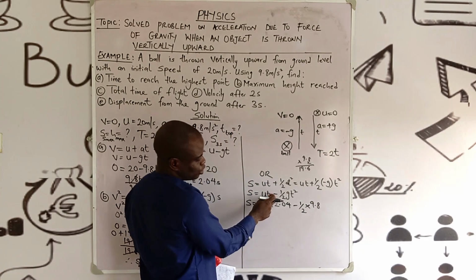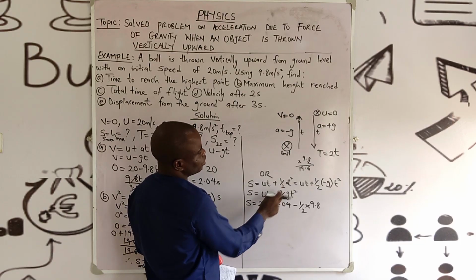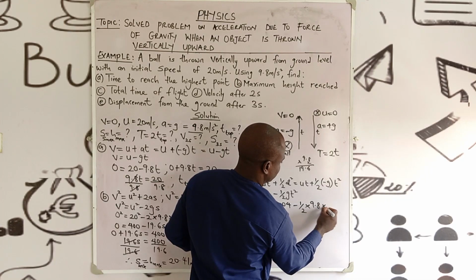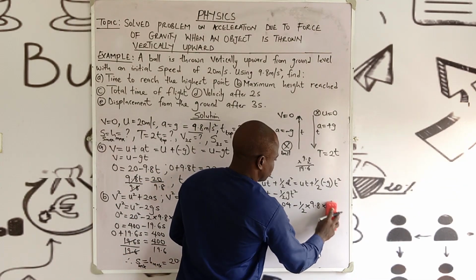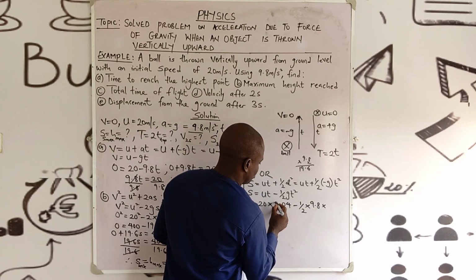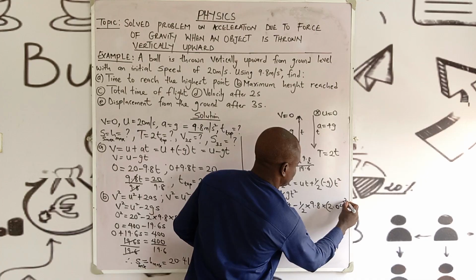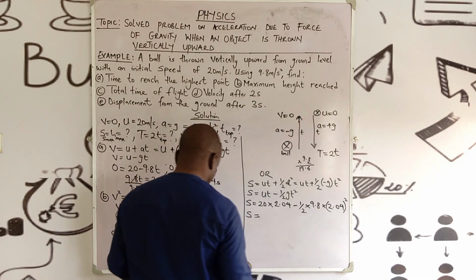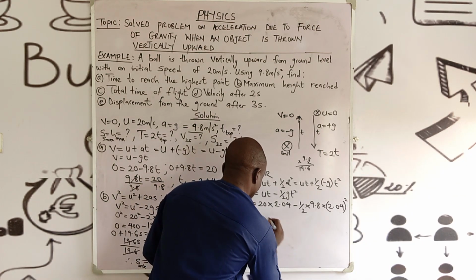Don't forget we change this positive to negative because it's going against the force of gravity, times t squared, and our t is 2.04 squared. When you multiply this, we have 40.80